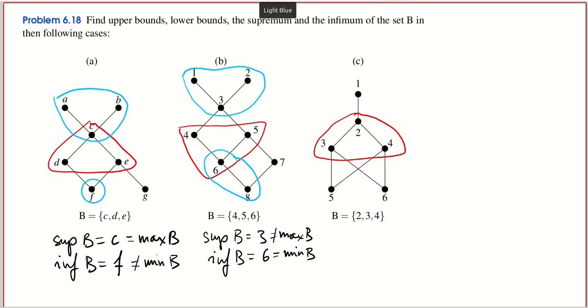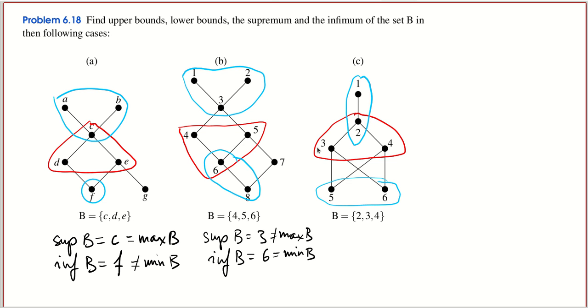Finally, for this one, upper bounds are 1 and 2 because both are larger than or equal to any other of the three elements in the set. And lower bounds are 5 and 6, right? Because both 5 and 6 are smaller than or equal to 3 or 4, which are respectively smaller than or equal to 2, right? So they are lower bounds. But 3 is not a lower bound because it's not smaller than 4, and neither is 4 for the same